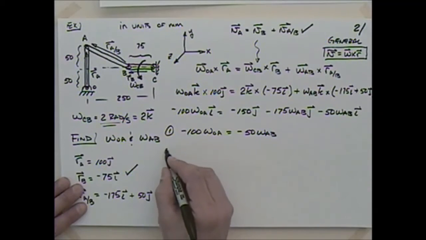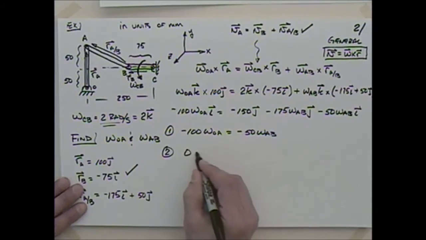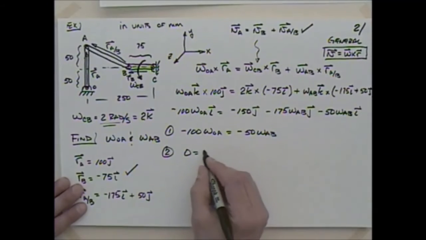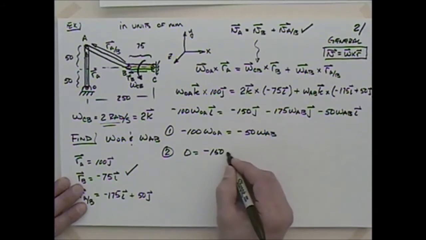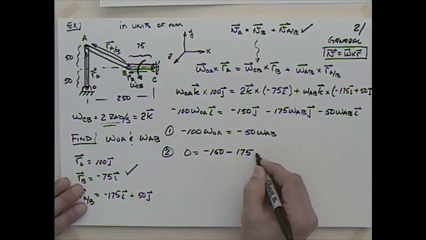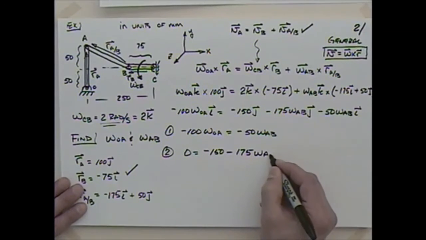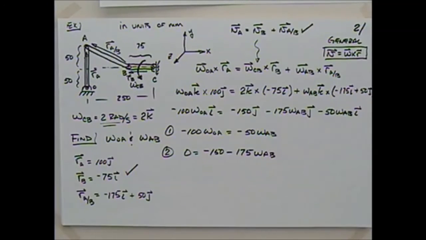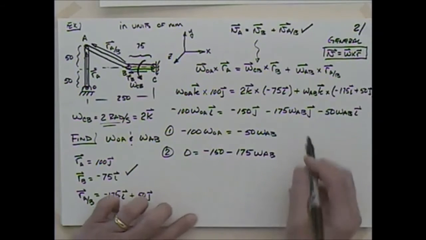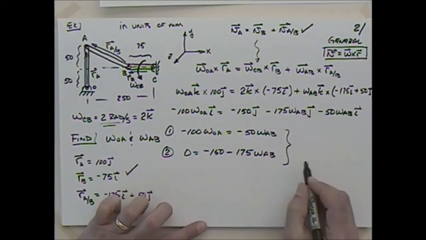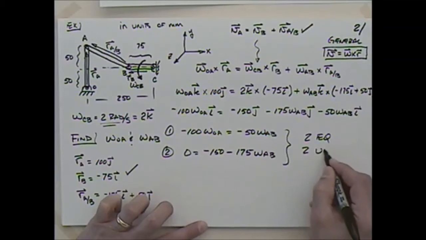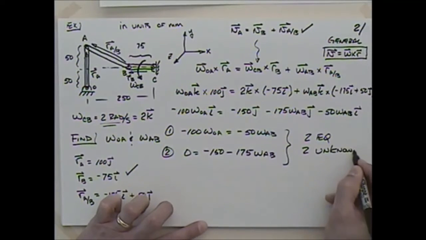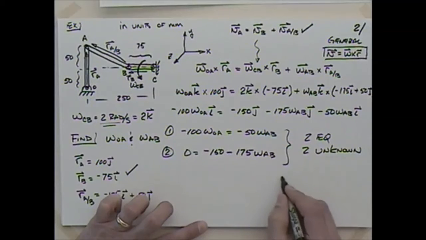The second equation is going to be to say that 0, because there's 0 J's over there, 0 is equal to minus 150 minus 175 omega AB. So I equate the I's and the J's. I then have 2 equations and 2 unknowns. With 2 equations and 2 unknowns, I can solve for omega AB,